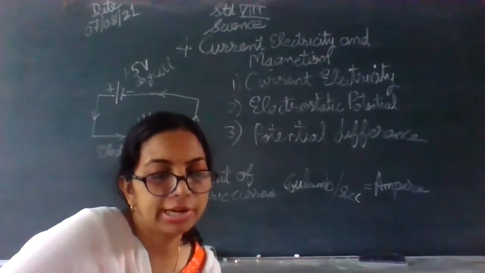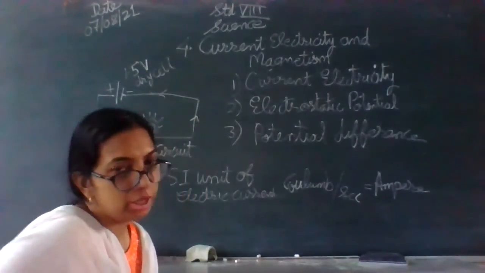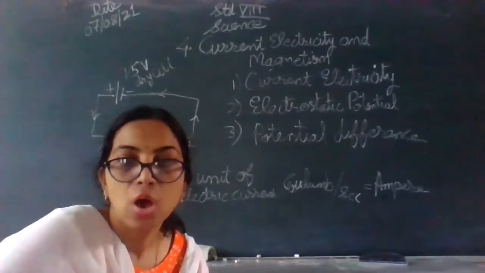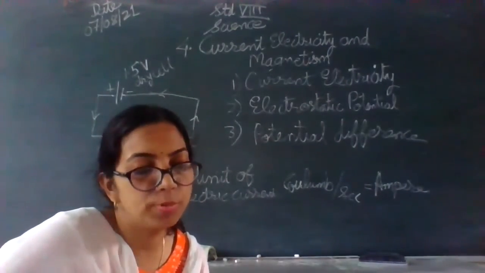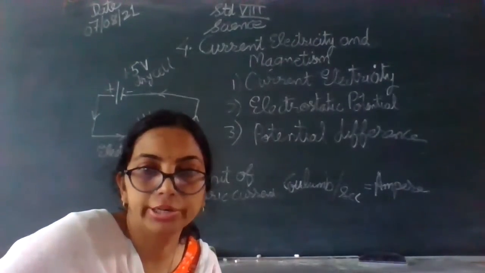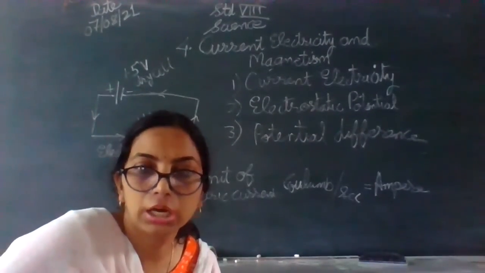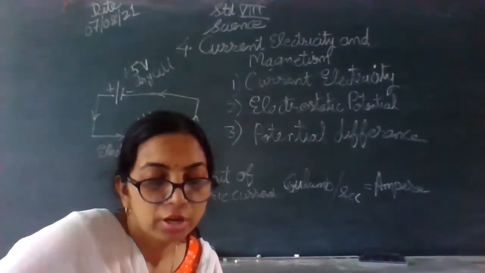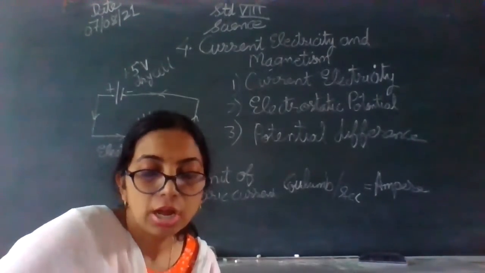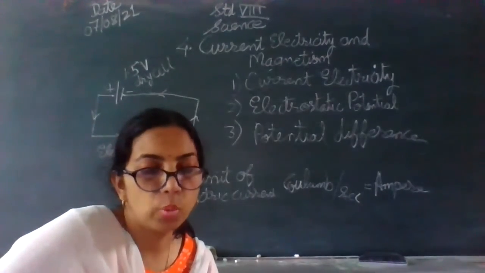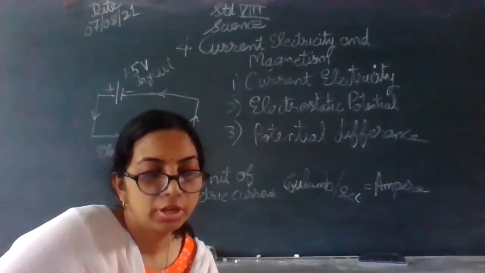Okay. Electric current is actually a scalar quantity. In the last chapter, we have seen what is a scalar quantity and what is a vector quantity. So I hope you know why electric current is called a scalar quantity, because here direction is not involved in its calculation. To find out electric current, direction is not playing any role like in vector quantities.